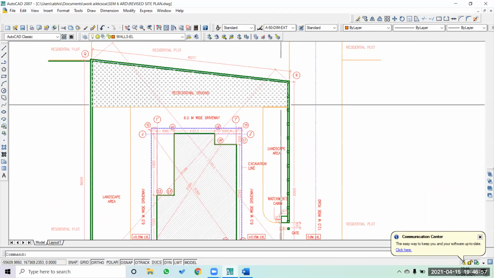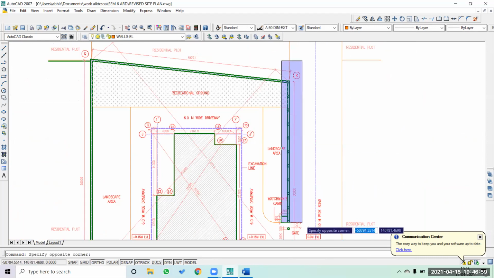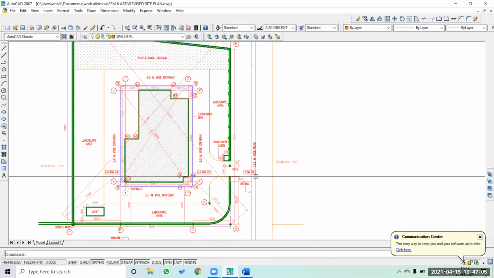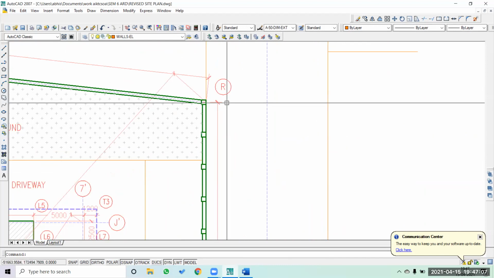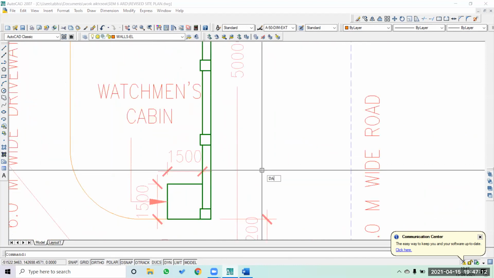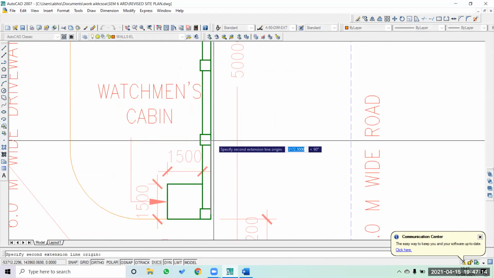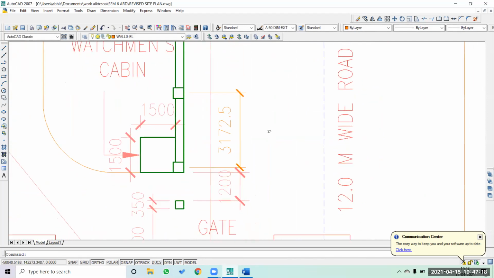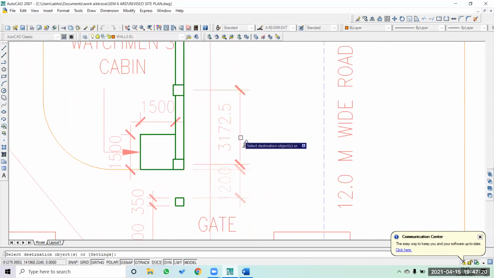Okay, so the way we have now detailed out this particular compound wall, you have to detail out all the compound wall. If you want, you can give the information that the columns or the piers are center to center, equidistant.